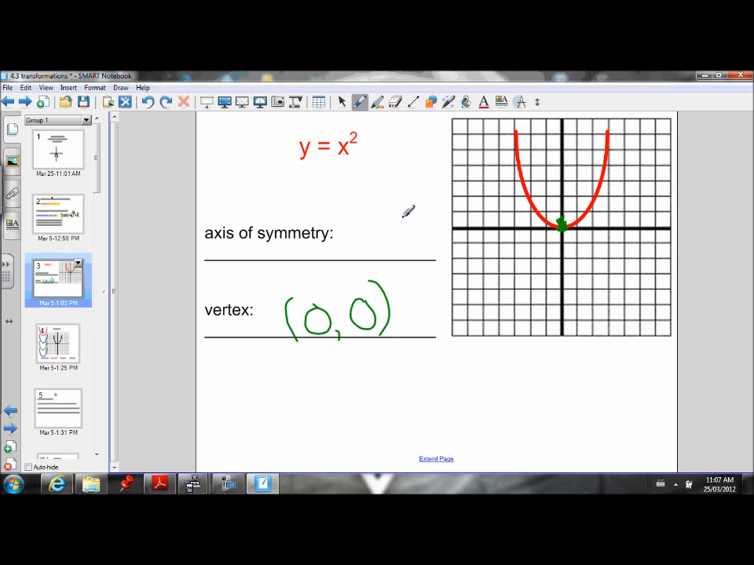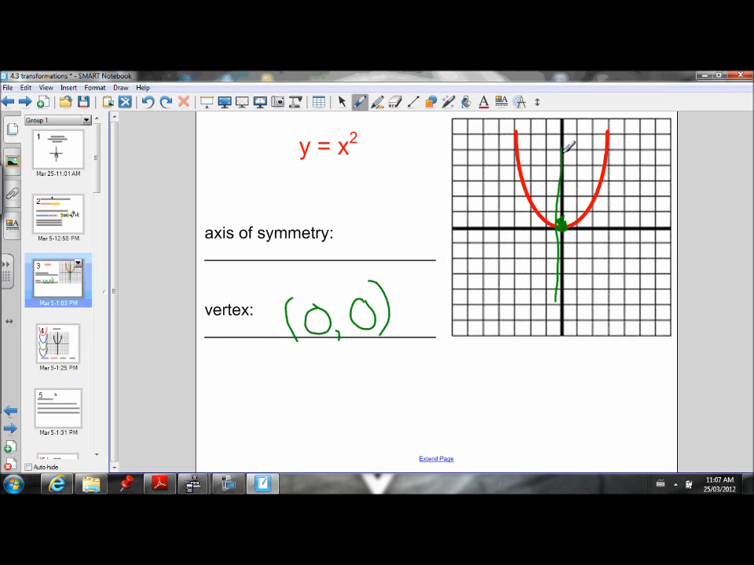Now, let's remember what the axis of symmetry is. If we remember back to our definition, it is a vertical line. Sorry, that's not completely straight, but it's a vertical line that passes through the vertex of a parabola. The axis of symmetry is like a mirror for this parabola. It's symmetrical on either side, so this side of the parabola is symmetrical to this side, and you can think